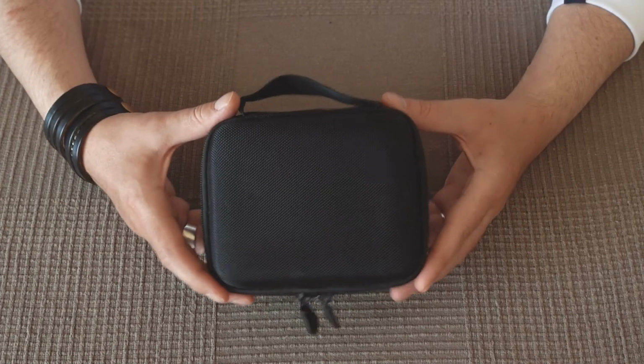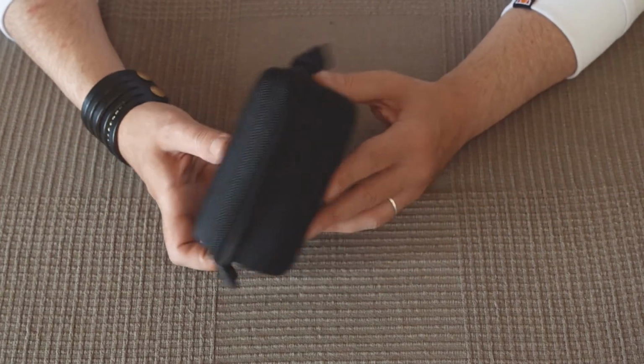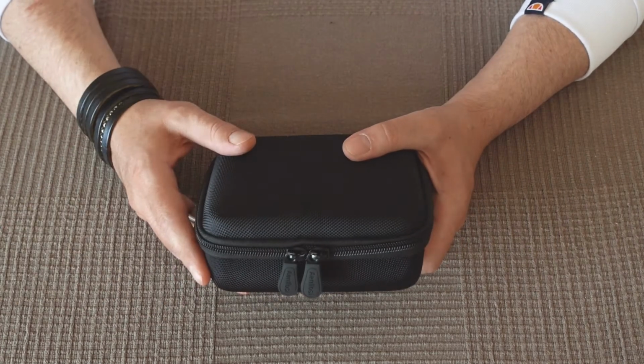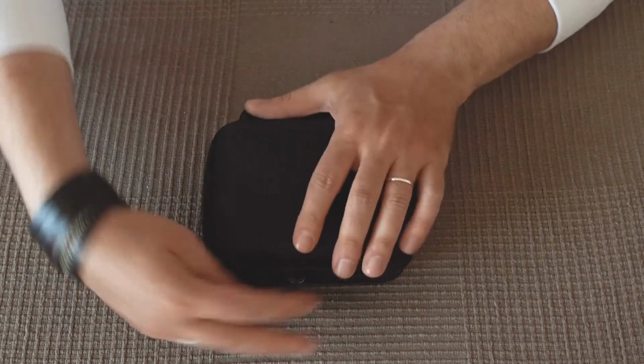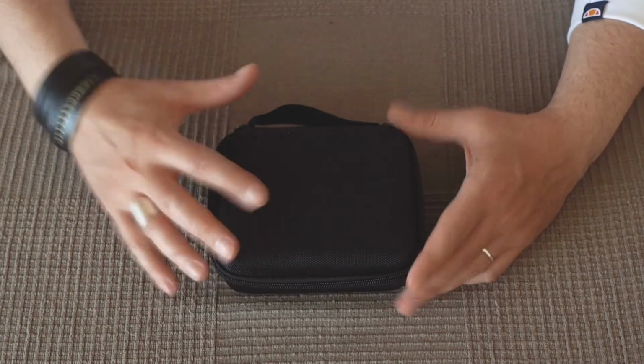And if you're wondering where do I put all the accessories, batteries and SD cards, I bought on Amazon one of these little hard cases. I have two. One is for the Sony ZV-1, the video camera. Another one I use for the accessories, my Fuji. So this stays in my backpack when I'm around town or on vacation, and I rarely use it,